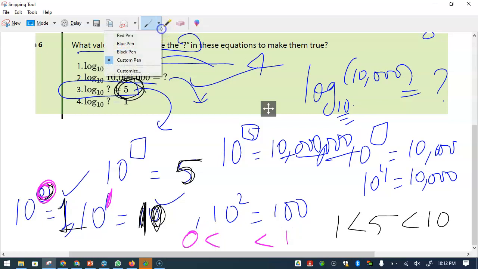So you need to have a value which is between 0 and 1. That's what you're trying to figure out. So you just have to say,